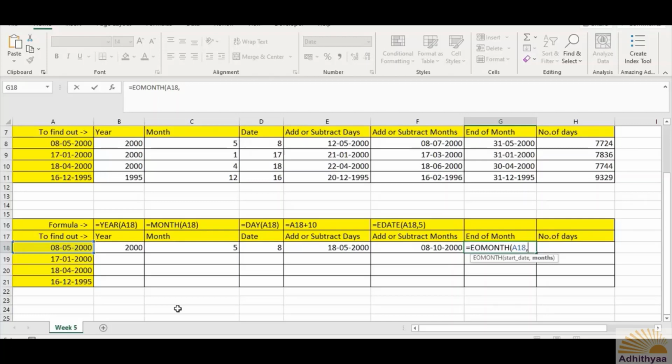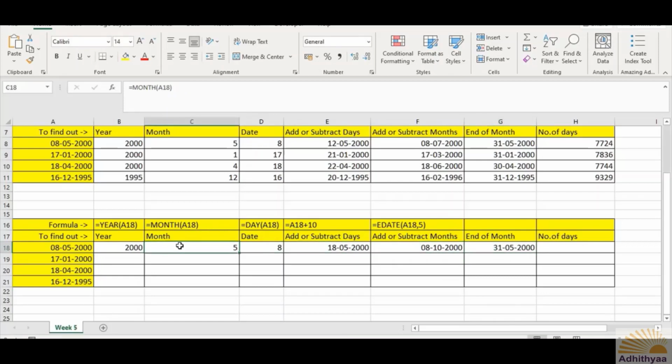Months means which month you are going to see. If you type 0 and close the bracket, we will get the last day of the month, which is May. Let's see. We are getting the last day of the month of May.